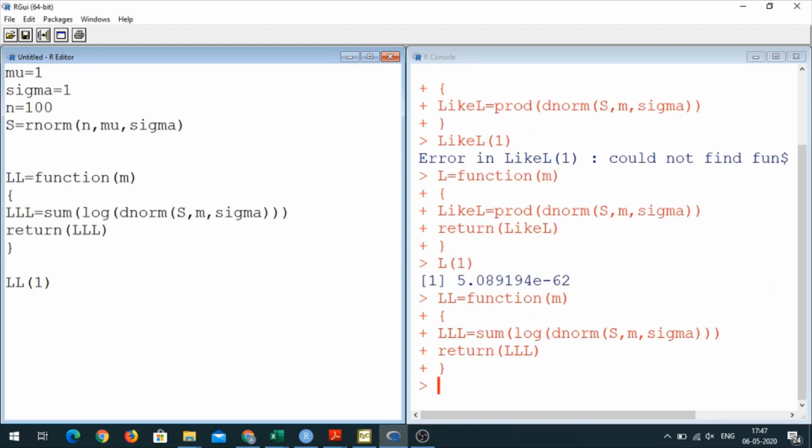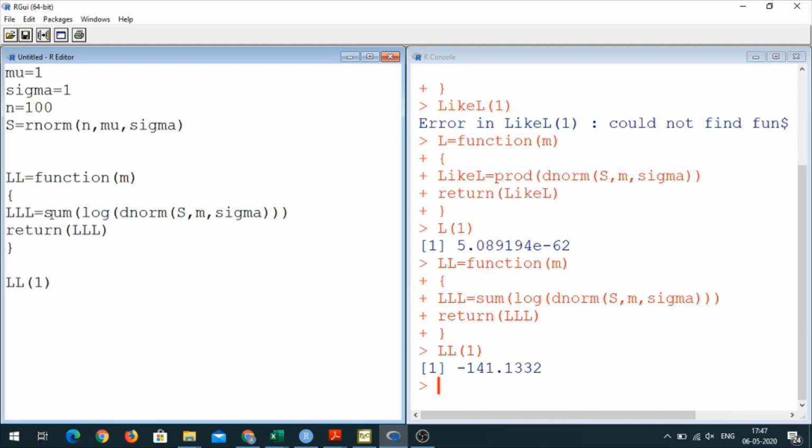And now let us compute. Okay, so this is now a reasonable value, but we have to plot this as a function of mu, because that is what likelihood tries to do. We try out different values of mu and we try to see at which value of mu we get the maximum. Let me try different values of mu between, say, 0 to 2.